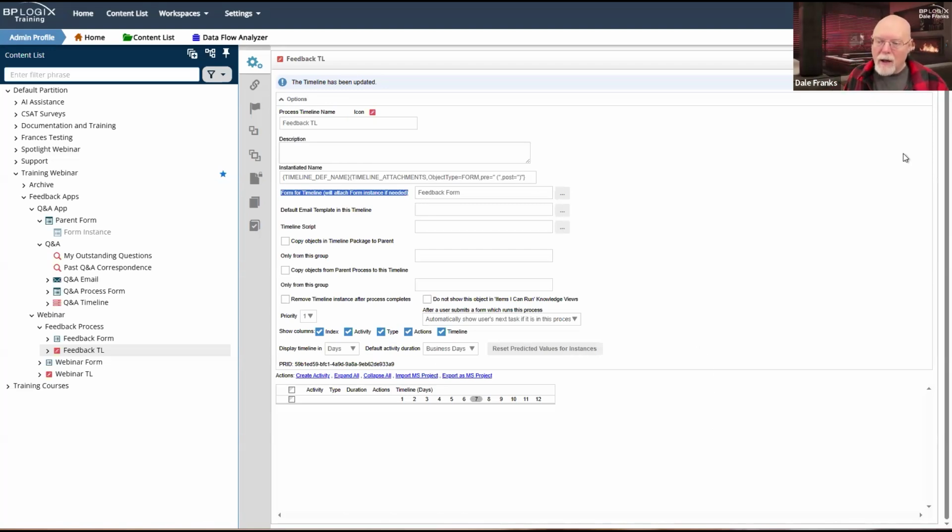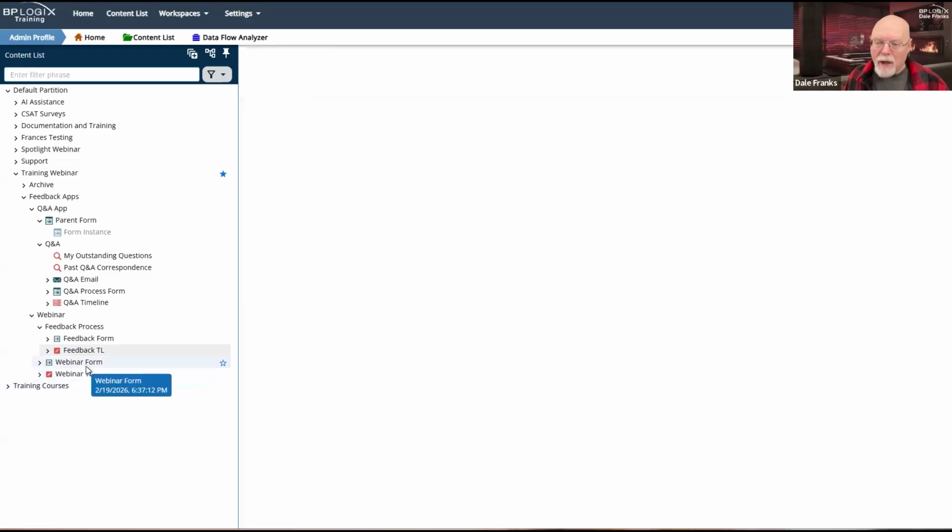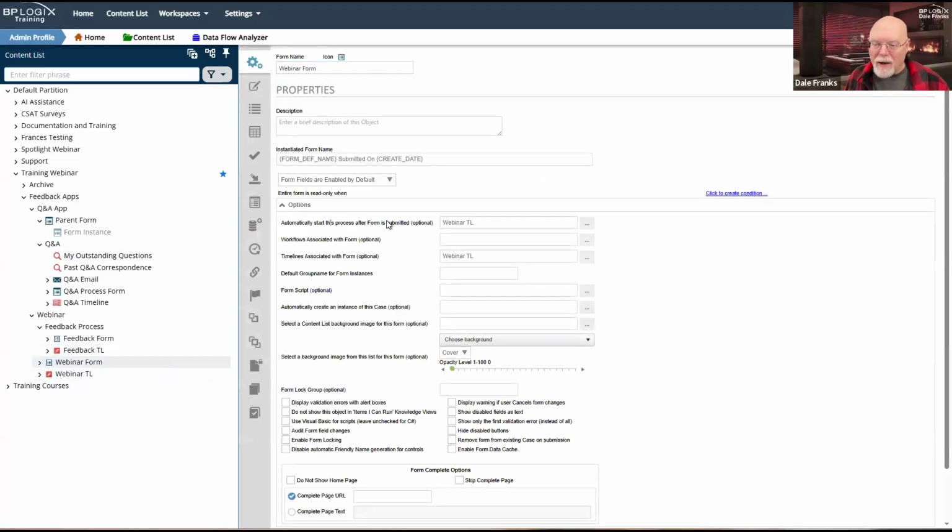They're fine going to the form, and on the form, they're always sure to automatically start this process. People tend to be rather less interested in setting up the timeline association, although it's often very useful. But I'll often see, okay, I'm sure to fill this out so that when I submit this form, it kicks off the proper timeline. That's kind of self-enforcing because if you don't set that, no timeline gets kicked off and it's kind of obvious that something is wrong.